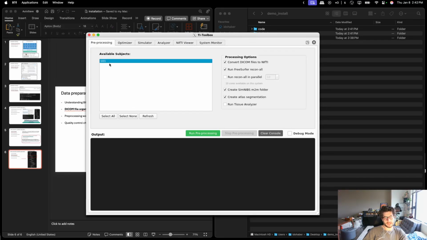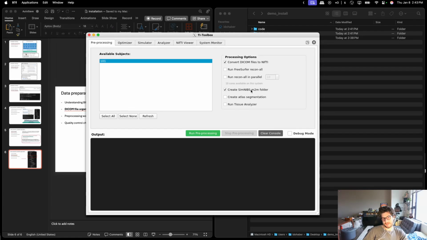And to illustrate that, I will go ahead and do the initial conversion from DICOM to NIfTI. That is then fed into recon-all if you choose to do the reconstruction with FreeSurfer, and the SimNIBS charm operation. And if you click on all together, that's fine too, and it will know the order in which the operations should take place. For now, I will just do the DICOM to NIfTI, which is always the first step,